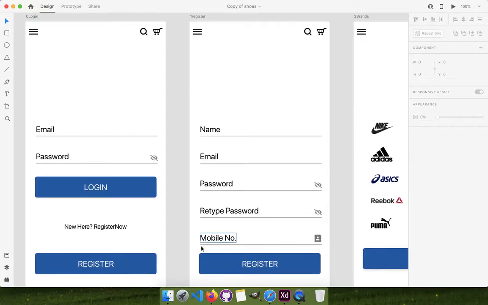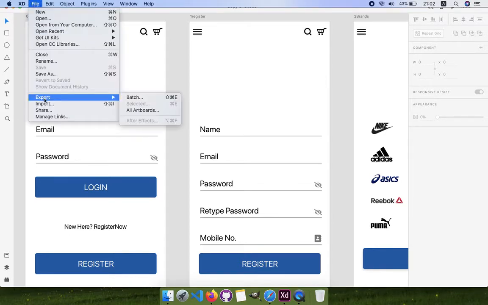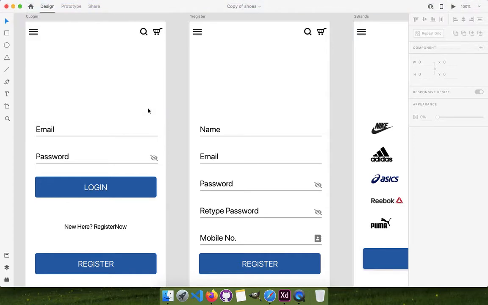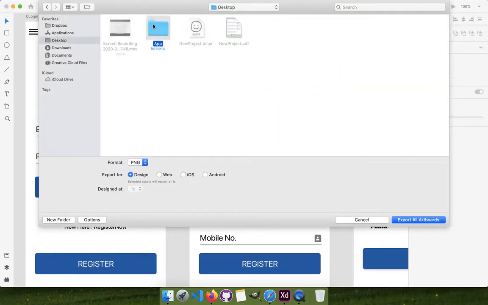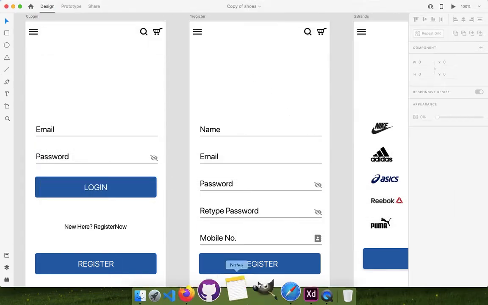So now let's go ahead and first you have to export the screens. I have given them some good names so they do not conflict. So I'm going to export them to the desktop, and I have already created a folder. So the screens are exported. Now come to this